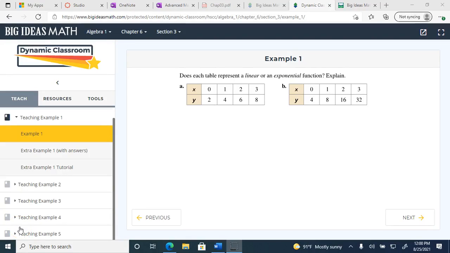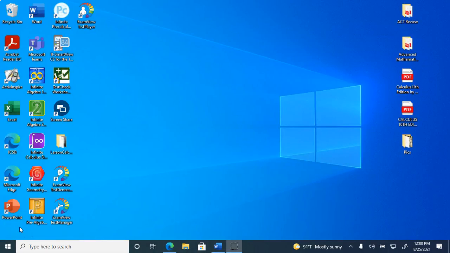Exponential functions. All right. Everybody knows what an exponent is, yes? Okay. An exponential function would be something that has an exponent that's a variable. So,